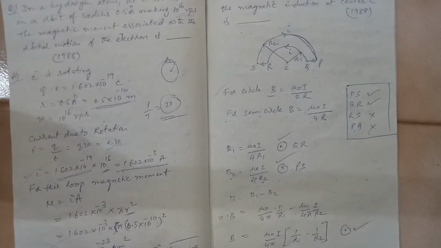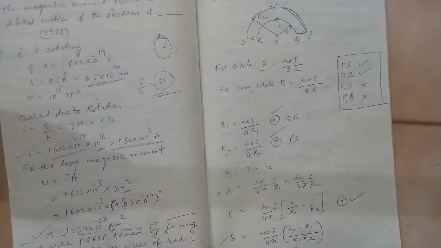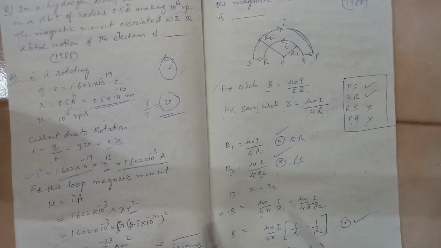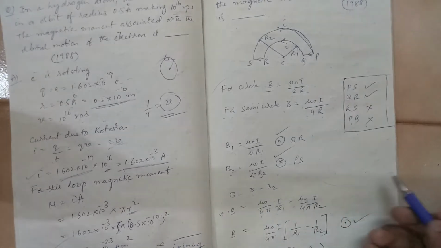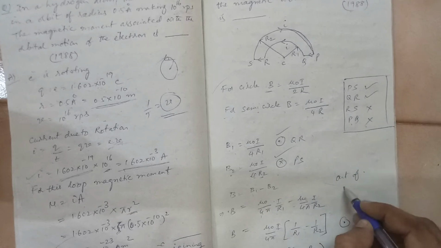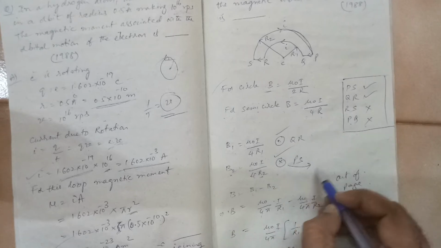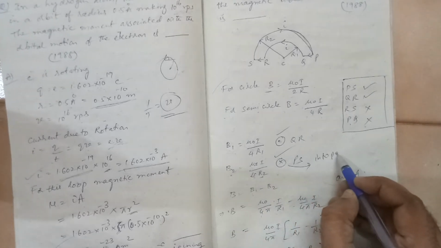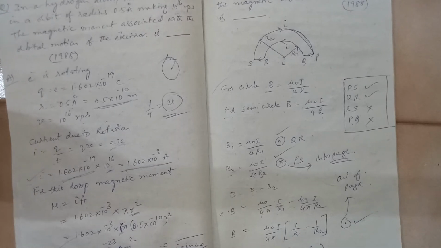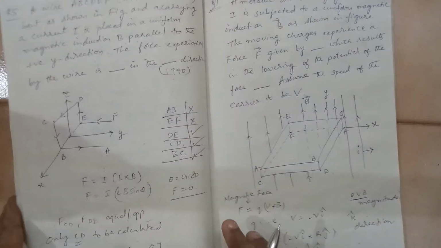Okay, if they say the magnitude of the magnetic induction at the center, this is the magnitude. They have not asked the direction, but if they had asked, it is pointing towards you, and this is also called out of page. This is out of page and this is into page. Sometimes this type of terminology is also used. Let's move to the next one.